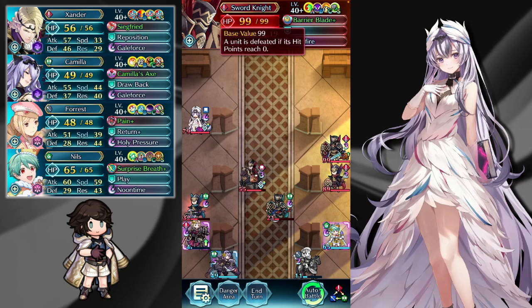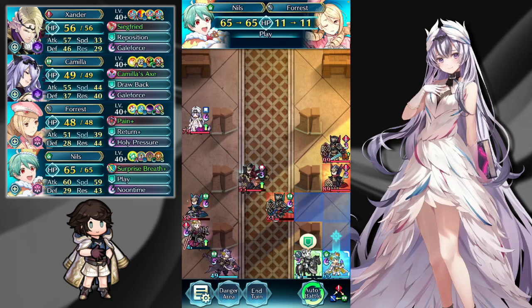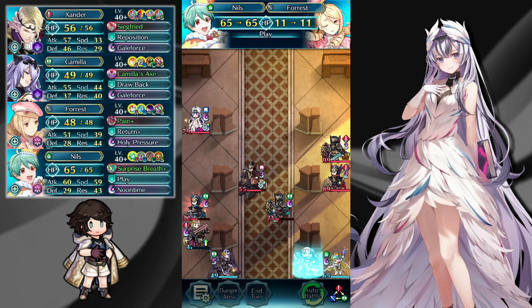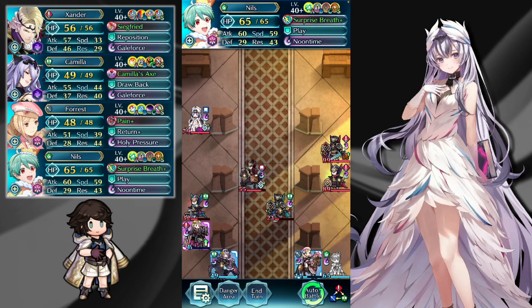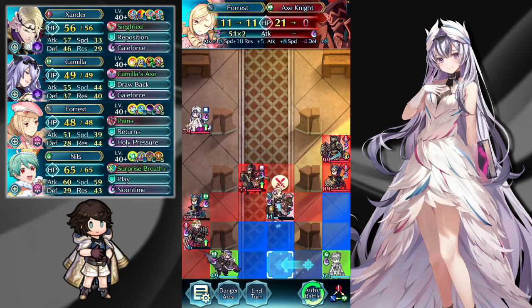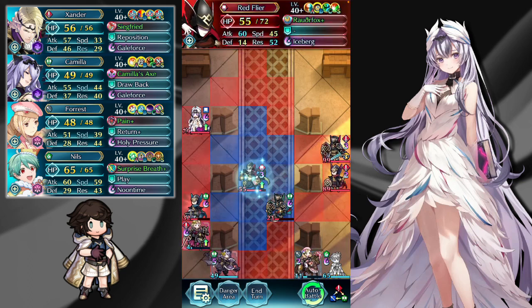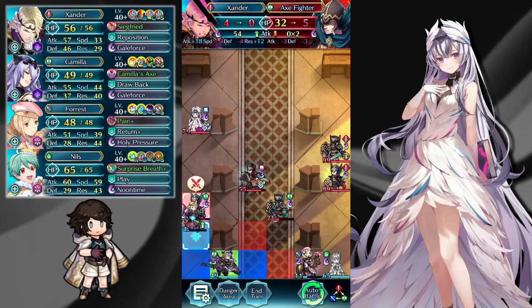Again, 99 HP, sadly Stall Ploy won't stop it, so might as well just lean into it and let him rush down and attack us so that we can get more damage on him faster. And now that Nils has played for Forest, we can have him come in and finish off the Axe Knight, but that isn't actually the goal because then we don't have a good way of dealing with the Axe Fighter,